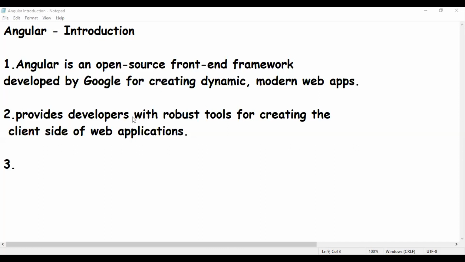At the time when Angular was released, the popularity of single page applications was growing rapidly.